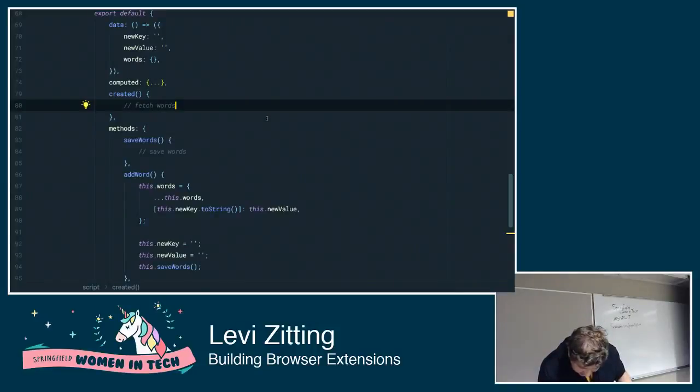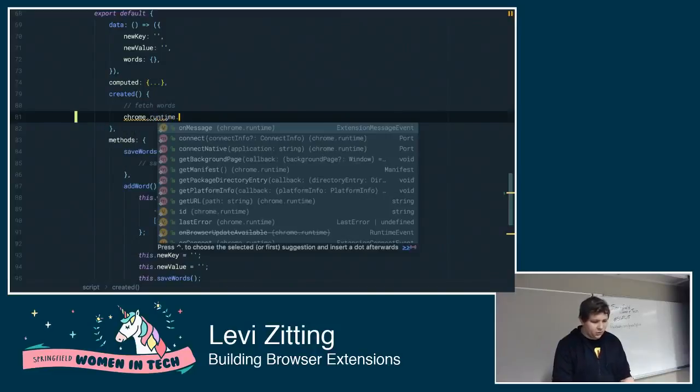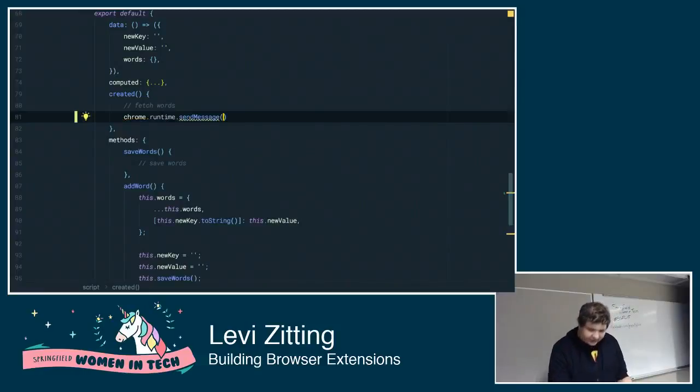So in order to send a message, we use the same thing. We use chrome.runtime.sendMessage. And we pass it an object of whatever shape we want. At the end of the day, this object is the request object on the receiving end. And another thing, I'm looking ahead here. We're going to need to send multiple different types of messages to our background script, so we need some way to handle the fact that there can be more than one type of